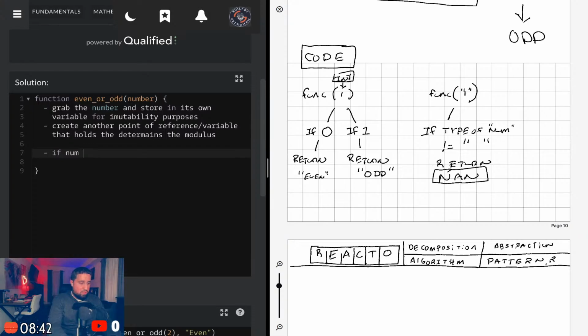If num is equal to 0, then return the string of even, else return the string of odd. I'll just put that in some strings.